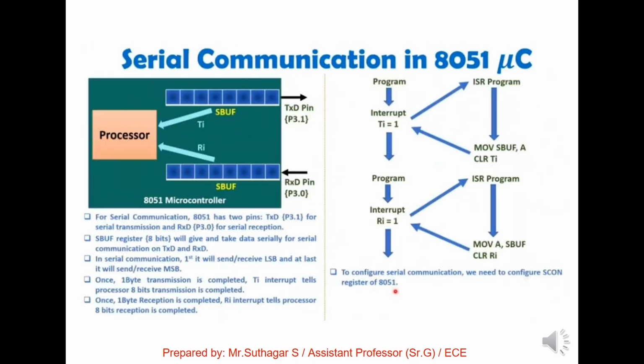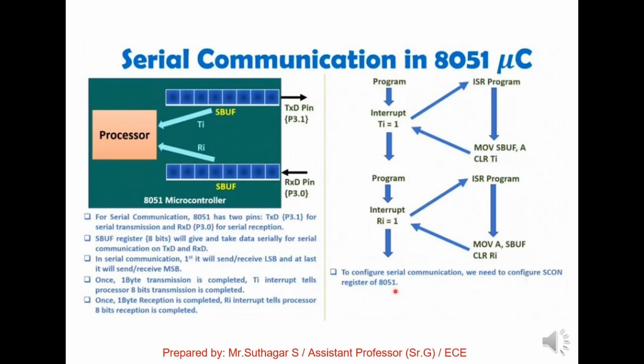And the next topic is serial communication in the 8051 microcontroller. This is your processor, this is a buffer at the transmitting pin, and this is a buffer at the receiving pin, SBUF. Data will be loaded in the buffer before transmitting, and received data will be loaded in the buffer before moving to any place in the 8051 microcontroller. For serial communication, 8051 has two pins, the transmitter pin and receiver pin, at port 3.1 and 3.0, and SBUF registers as given